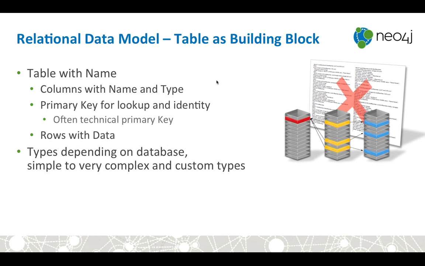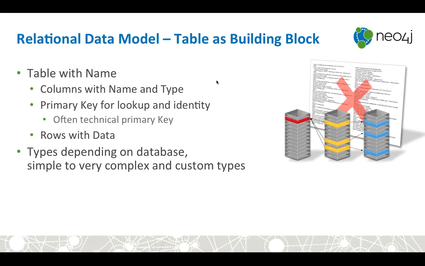And then tables usually have primary keys for lookups and also identities. We sometimes also have multiple keys to find data in tables, which might be business-based keys, and then primary keys are oftentimes also technical keys, like just auto-increment values. The number